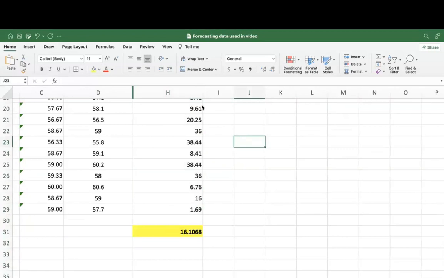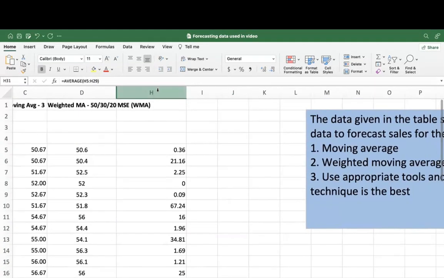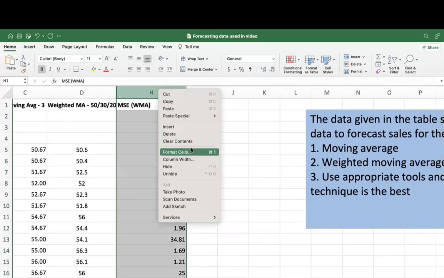No matter which technique you use, they will give you the same results, which means your conclusion would be the same. The numerical values will be different. Okay. And now the last one is